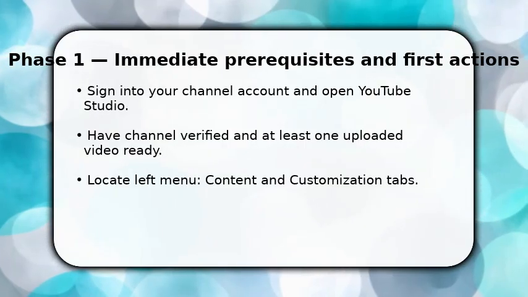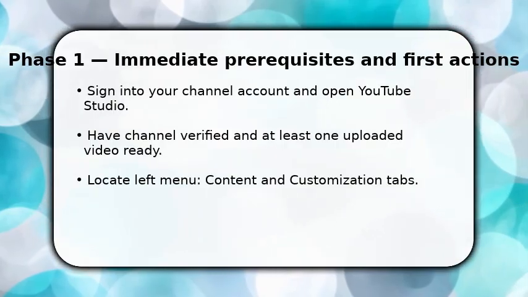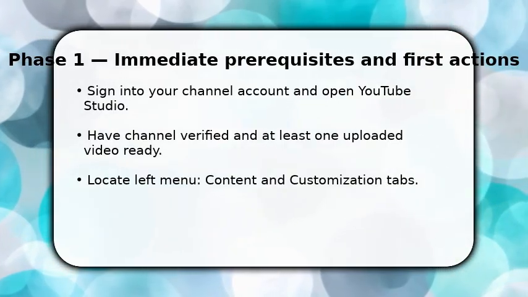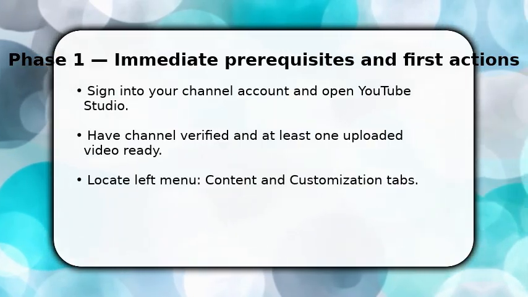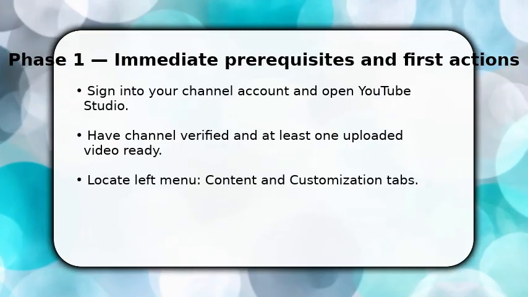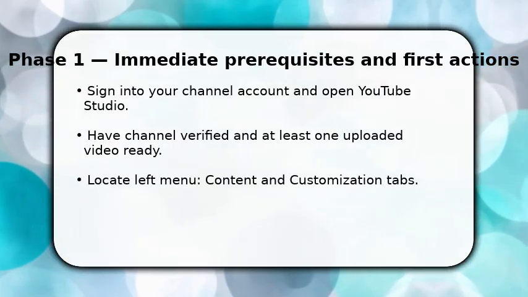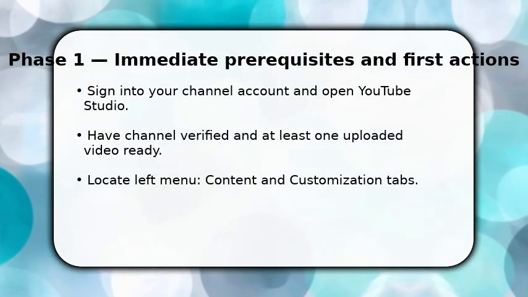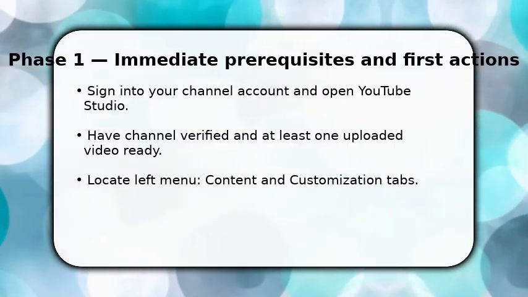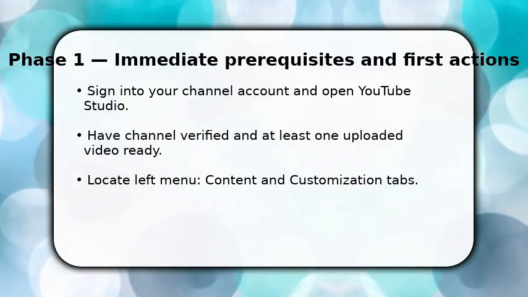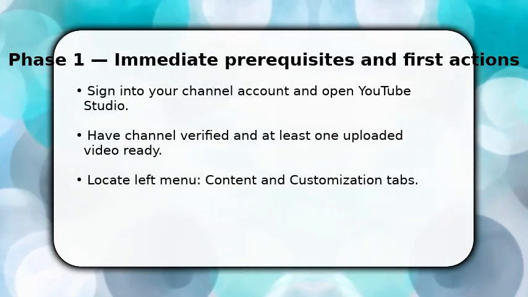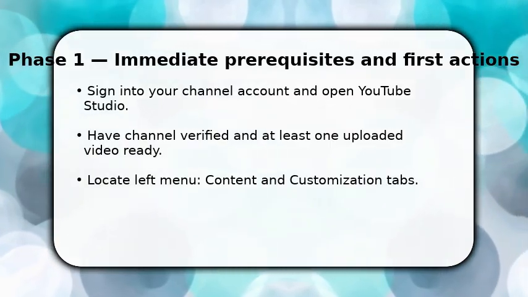You start in YouTube Studio because that's where channel-level featured content is managed. You sign in, then click Content to confirm the video you want. Next, open Customization to access layout options. Once done, choose the Branding or Layout tab depending on the interface. Make sure you're viewing the right channel if you manage multiple. This step sets the destination for the change and ensures the video exists and is selectable, which prevents wasted clicks